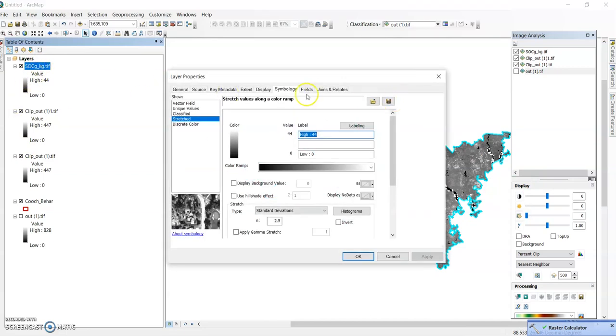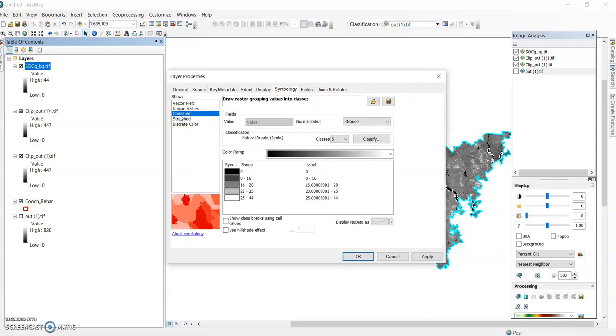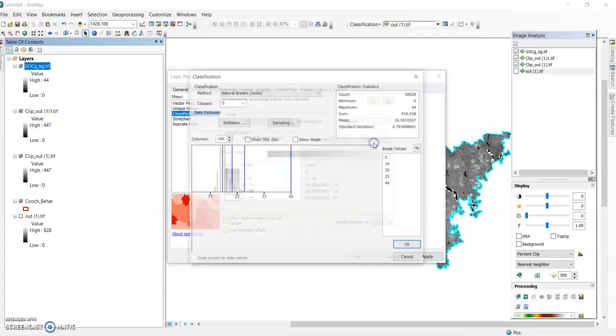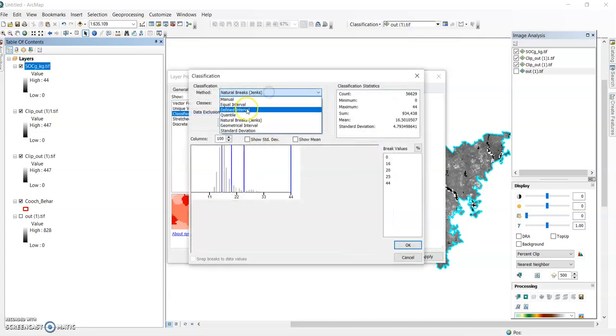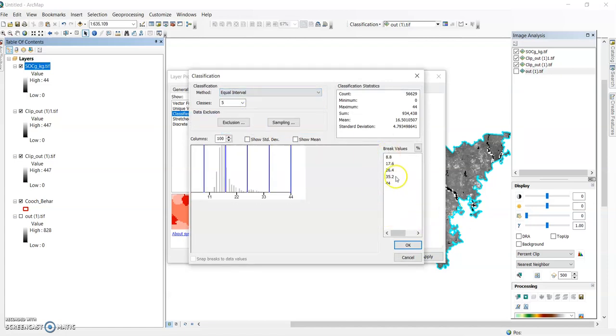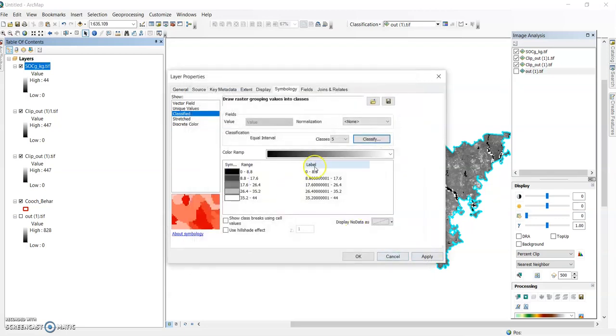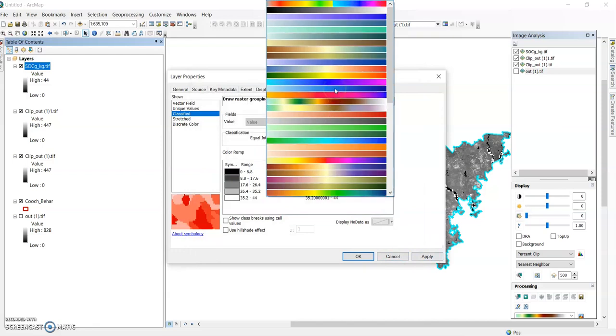So go to symbology, and classify it. You can also change it from gram per kg to percentage. You can find the formula on the internet. So equal interval, you can choose your interval also now, and you can choose any color.